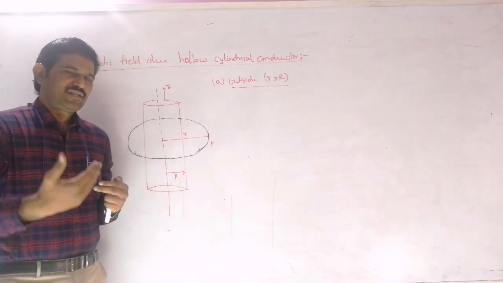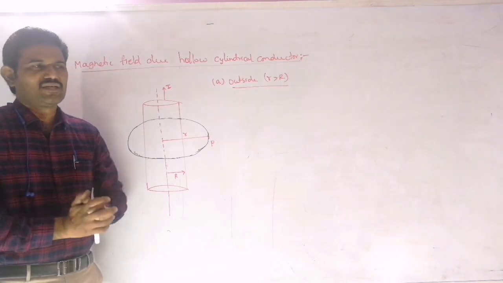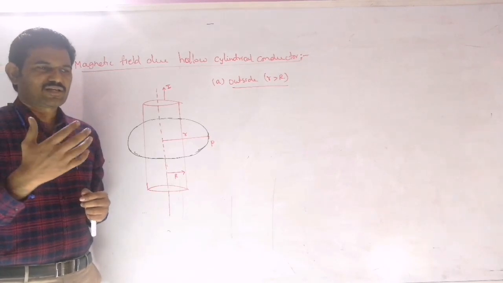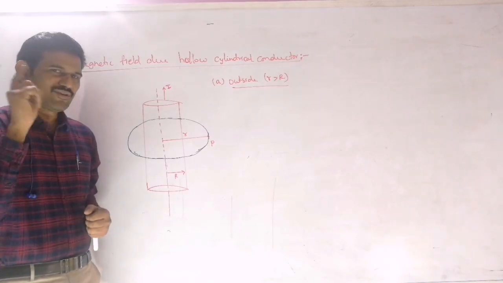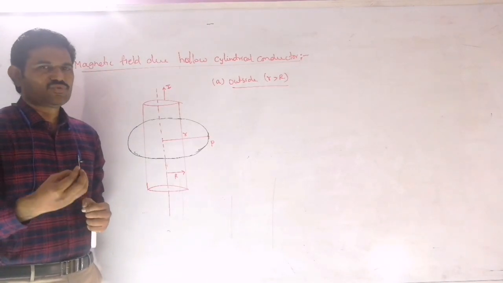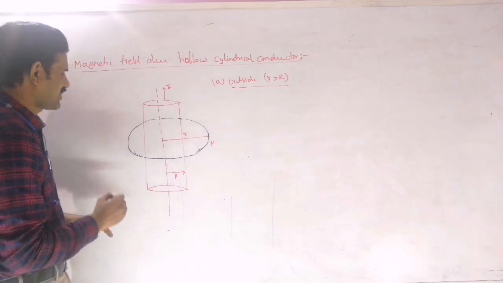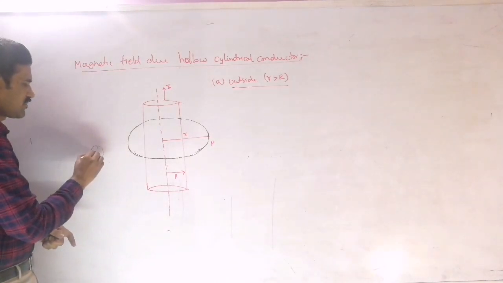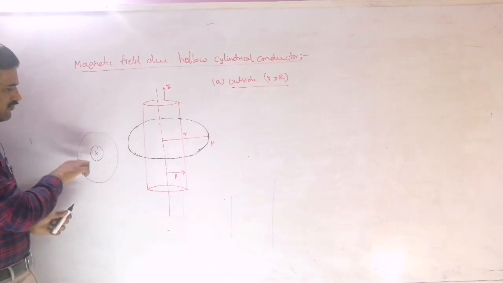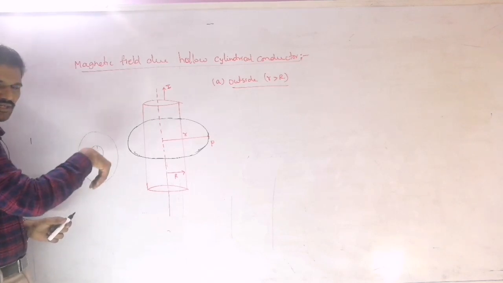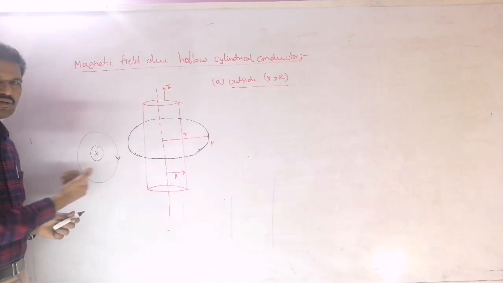Generally, when two or more conductors are there in the Amperian loop, we choose a direction such that currents in the direction of the thumb are positive and opposite to the thumb are negative. But when only one conductor is there, it is better to choose the direction of integration such that the current direction becomes positive. Otherwise, you will get confused. Suppose this is the only conductor and this is the integration path along which we are integrating. Then for this current to be positive, you should integrate in the clockwise sense, so that the current automatically becomes a positive value.